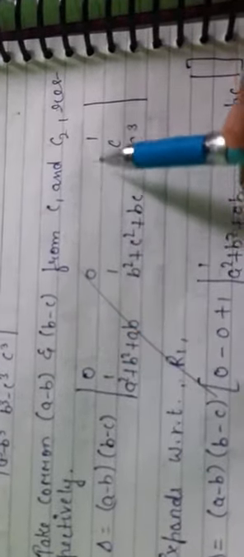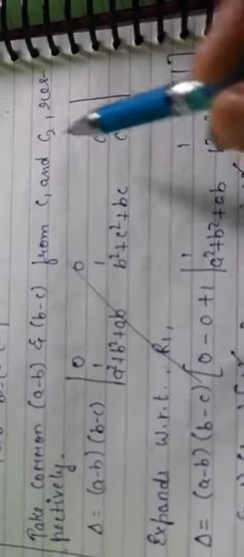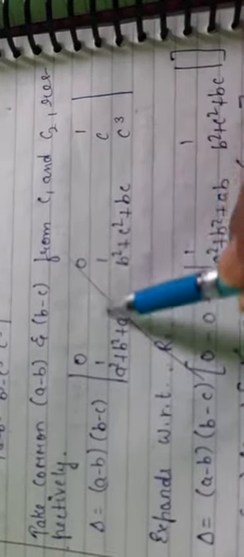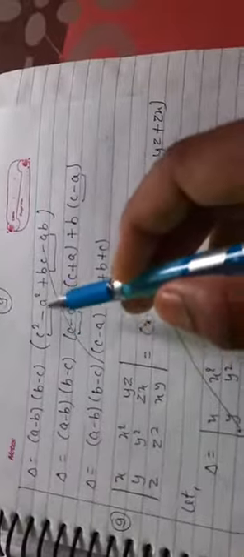We are taking common a minus b and b minus c from only C1 and C2. So whatever is common we will write as it is. Now we will expand with respect to R1, because 0 0 1 is there. So plus minus plus, so plus minus and plus 1. Plus 1 we will expand, this row and this column will delete, only these 4 elements will remain. These 4 elements will come. So now cross multiply these and subtract both, you will get this step.